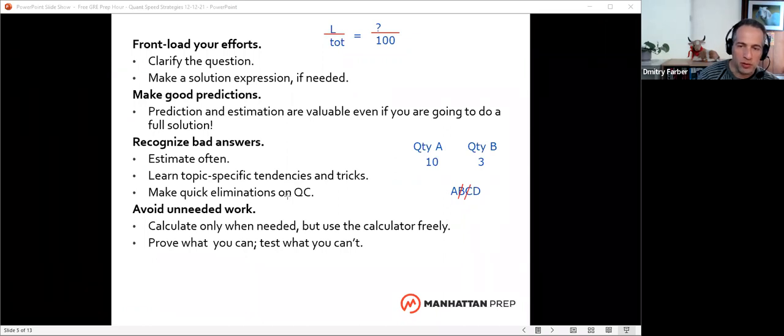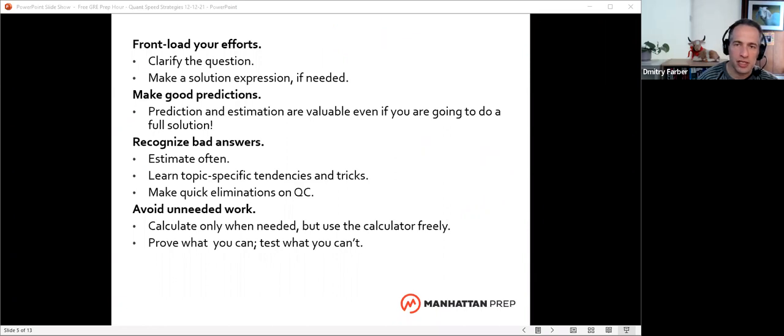There will be some cases where we're proving. Like I said, maybe I've got a quant comp and I know the answer isn't D because I know there is a value, prove it. Other times I might have to test different values. And then in terms of the whole section strategy, the basic idea is we want to make sure that we're